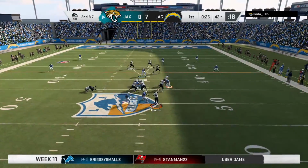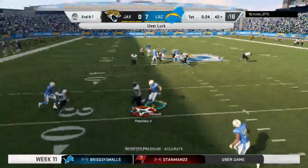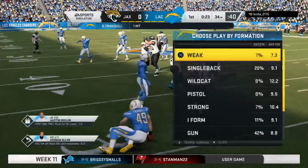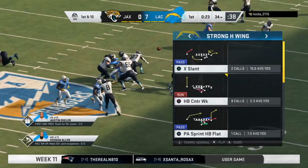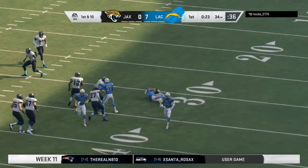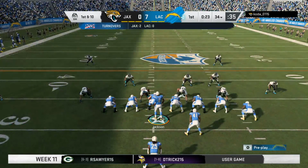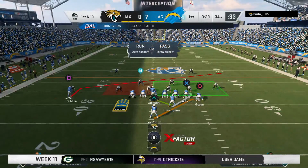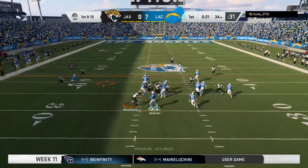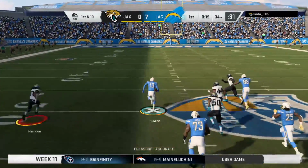Here's a 2nd and 7. Trying to get it to Robinson, and it's intercepted. Picked off here, the 32. And his guys are going to take over at the 34-yard line. 2nd interception for him now here in this first half. And you got to think he's a rookie, Charles. How much does confidence start to become a factor? I think that's a great question because that's what they're going to check on when he gets to the...